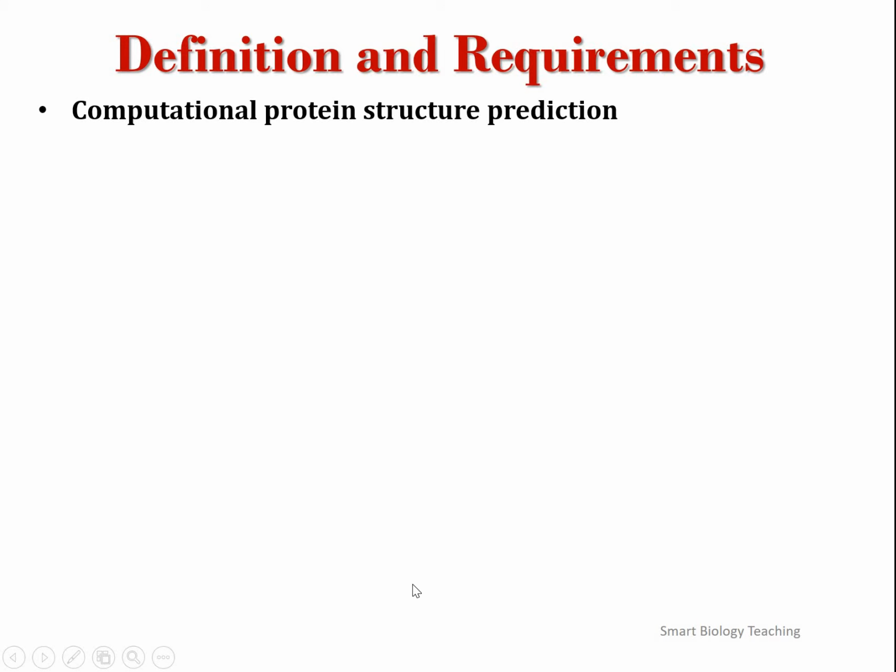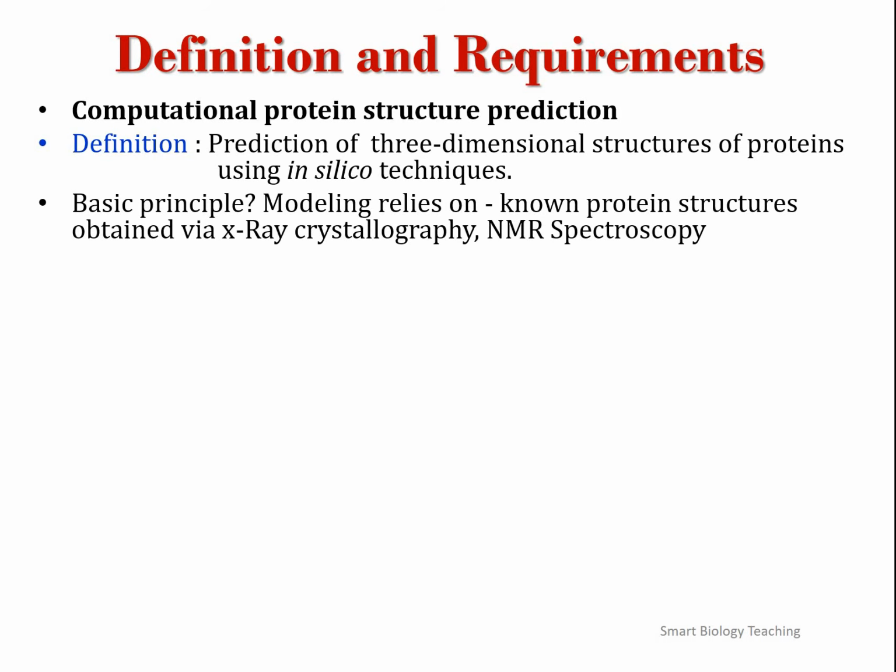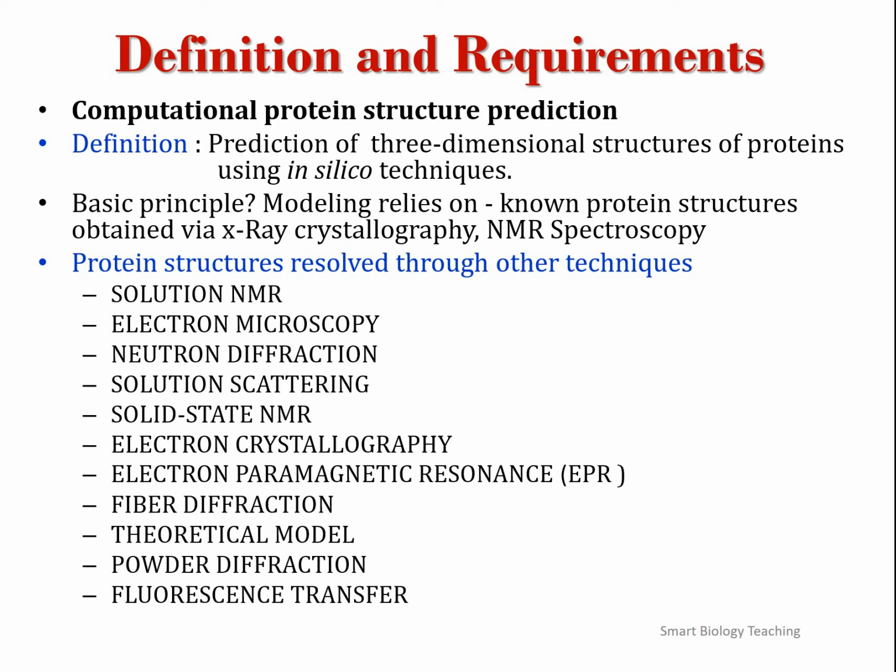It is simply known as computational protein structure prediction. The definition here is the prediction of three-dimensional structures of protein using in silico techniques. The basic principle of the modeling relies on the known structures which is obtained using X-ray crystallography and NMR spectroscopy, where previously X-ray and NMR were the only techniques to be used in order to resolve the structures of the protein. But nowadays,